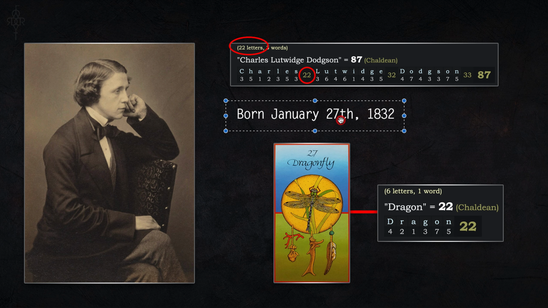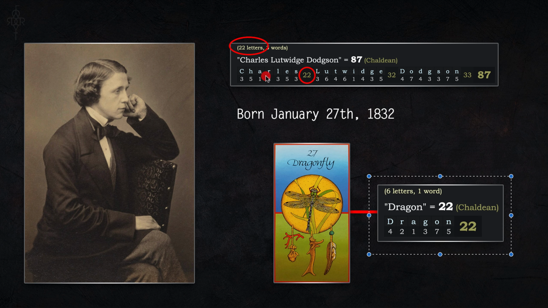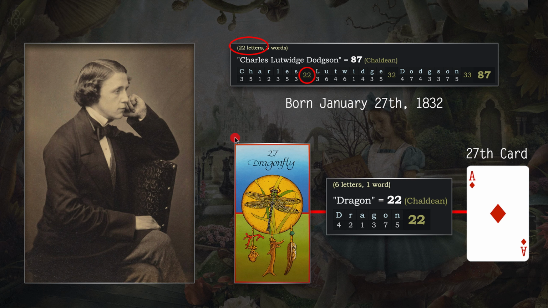1832, the 27th. The 27th card is the Dragonfly card. Dragon equals 22. Matching that of how many letters the guy has in his name, matching his numerology of his first name. And then, of course, as fate would have it, folks, the January 27th card, yep, it's the Ace Diamonds. 27th card, Ace Diamonds card, folks, which is tied to the Dragonfly, which is tied to the word dragon, which